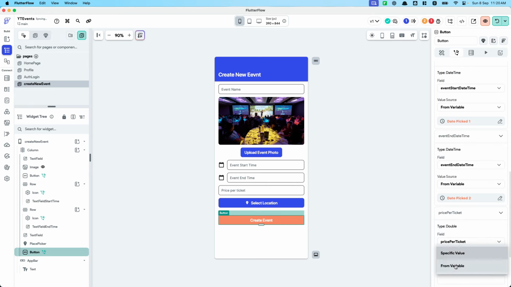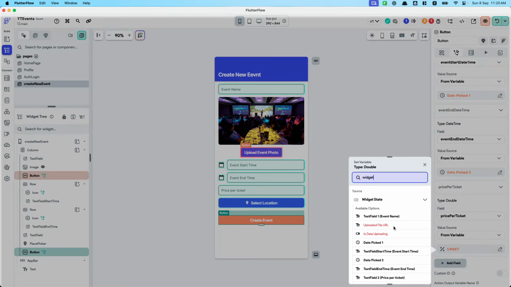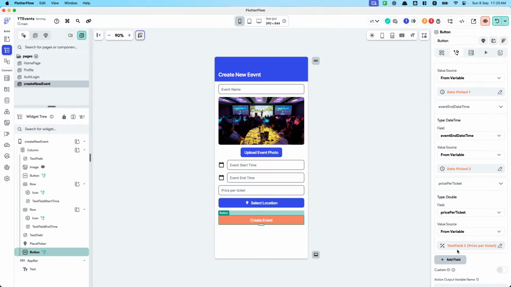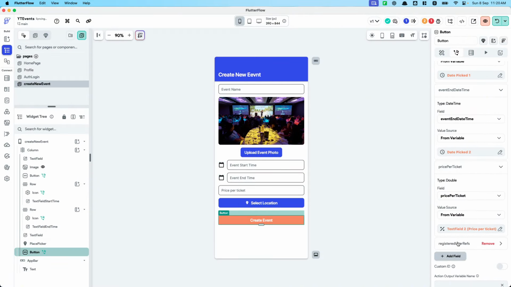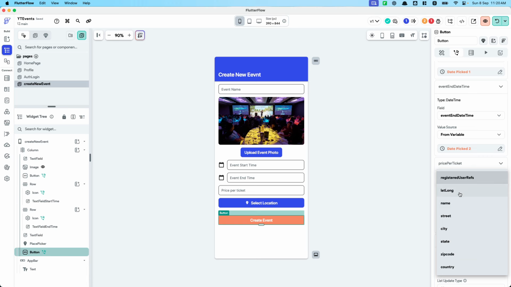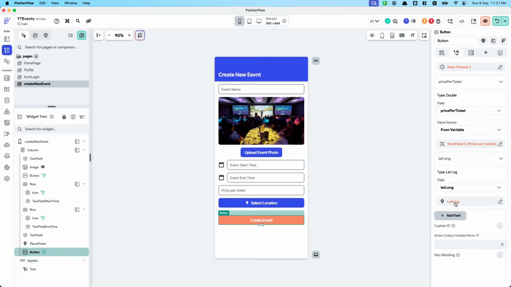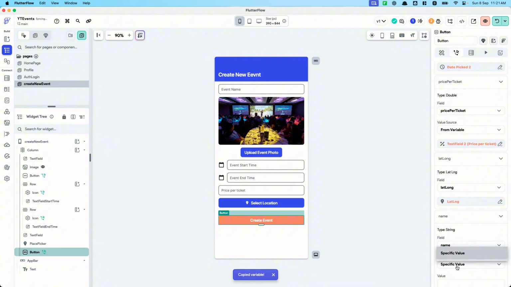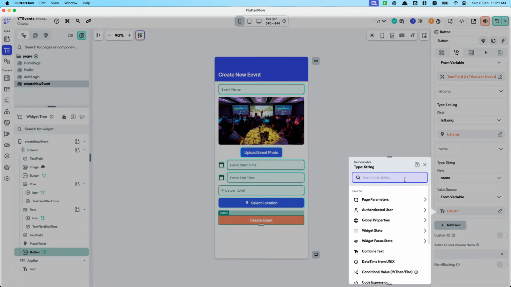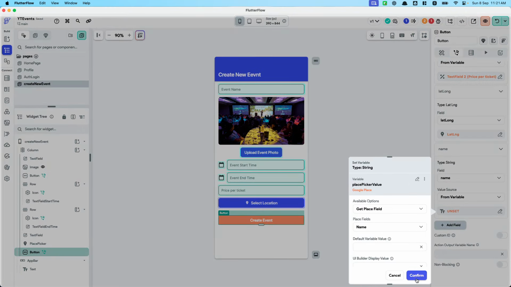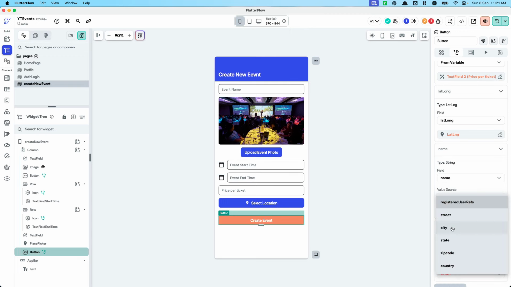The price per ticket, what I want to do is from variable, I want to get it from the widget of price per ticket. And then lastly, for these location metadata, we'll just select this information from the place picker. So the place picker lat long field, let's quickly copy this, it'll be much faster. And then the next one is the name. I'm just replicating what the place picker has. So name, the next one is address or street,